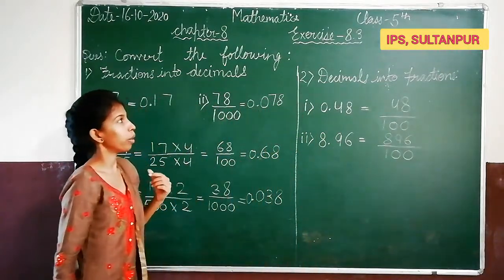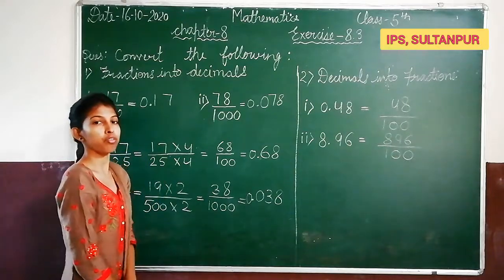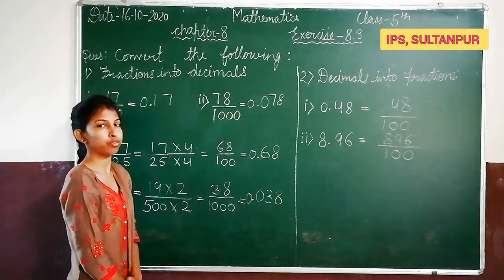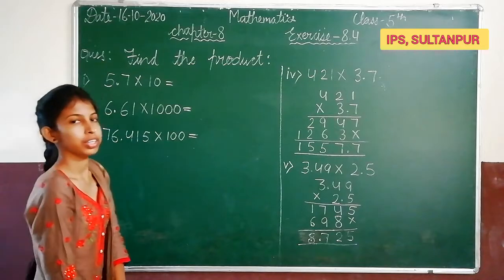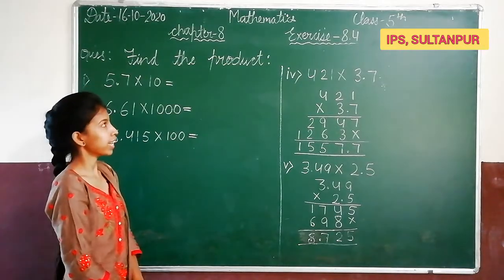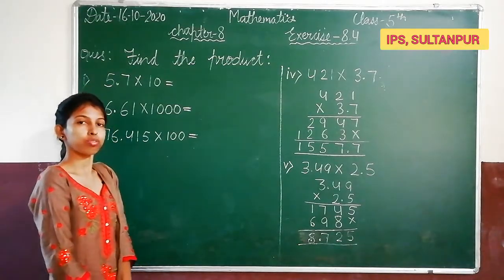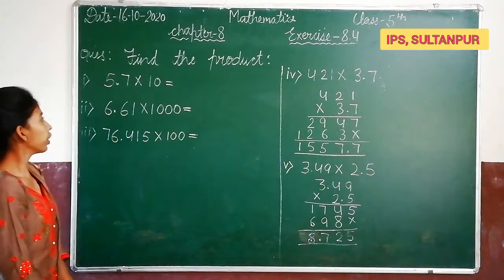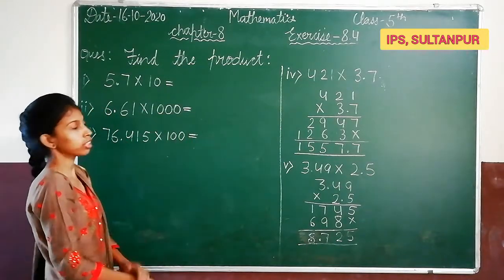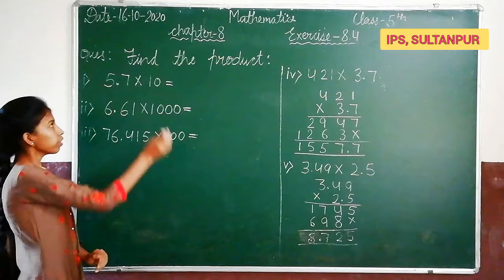So this is all about exercise 8.3. Now we will discuss exercise 8.4 also. Now we will discuss the next part, the product of decimals. So here are given some products. See here, when we multiply a